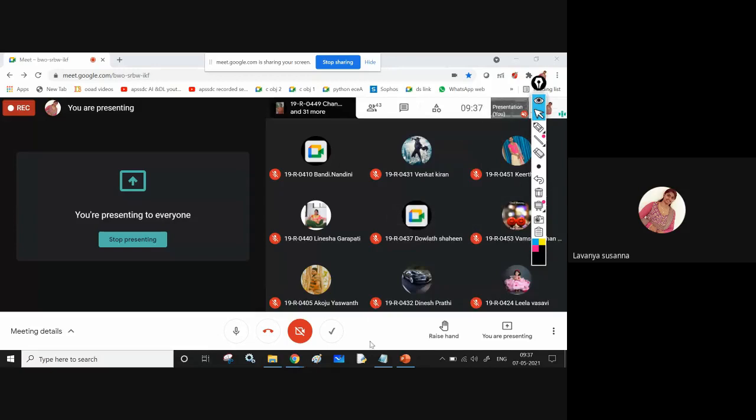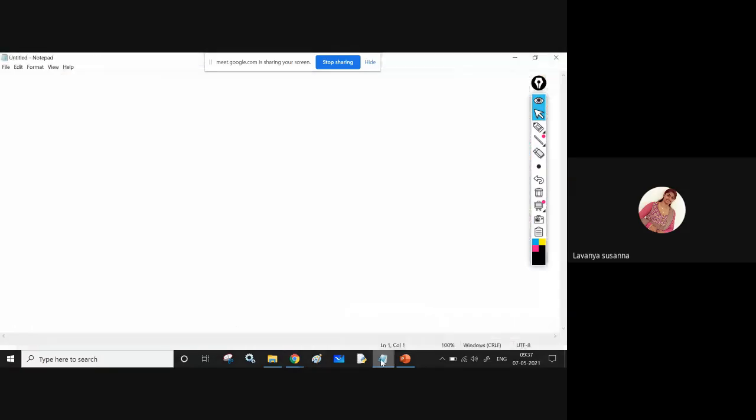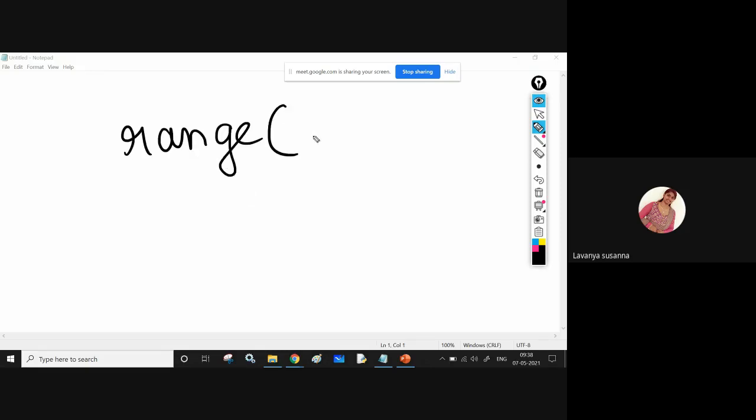Okay, next one. Function is completed, right? Just please practice it. Now I'm going to discuss the arange function. What is the use of the arange function? See, already you know the range function, right? We have discussed range of 5 at the time of loop statements, while loop and for loop. Now what is the range function?